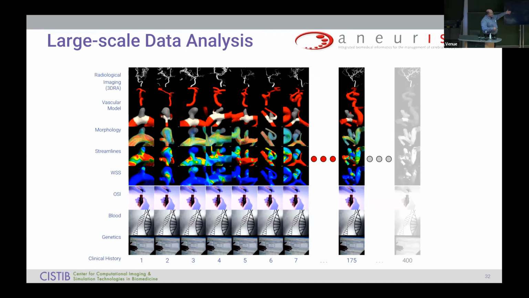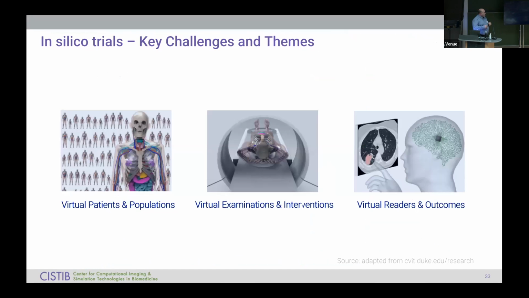So if you can do that for many, many cases, you can develop sophisticated AI algorithms. In principle, the challenge here is more the data than the algorithms. But we want to go one step beyond, which is this idea of in silico trials. And for that, you need to develop essentially three types of things. I'm going to give some examples of each of them, but hopefully this gives you the framework to think